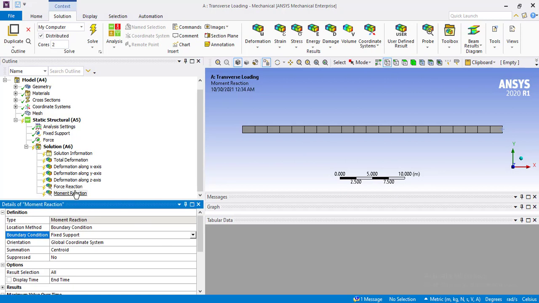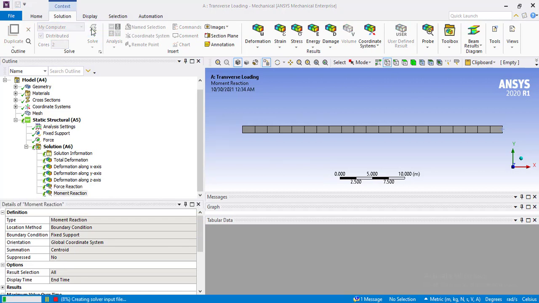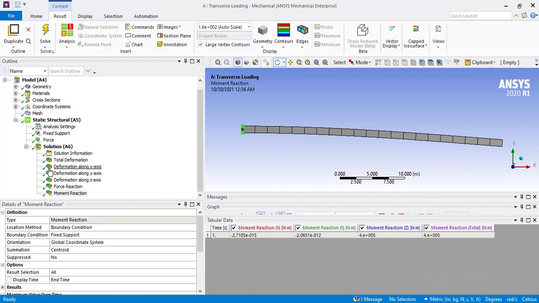Now we will solve our model. Now ANSYS is solving our model. As soon as the model solves, all these marks that are showing us flash sign will turn into a tick sign. It will show that our model has been successfully solved through ANSYS. It is still solving. Now it is evaluating all results and our all results have been concluded.